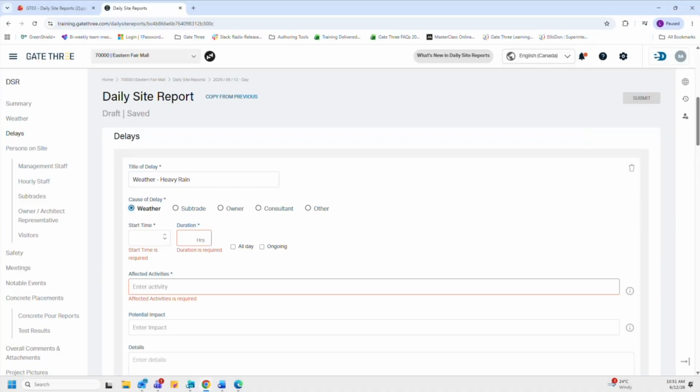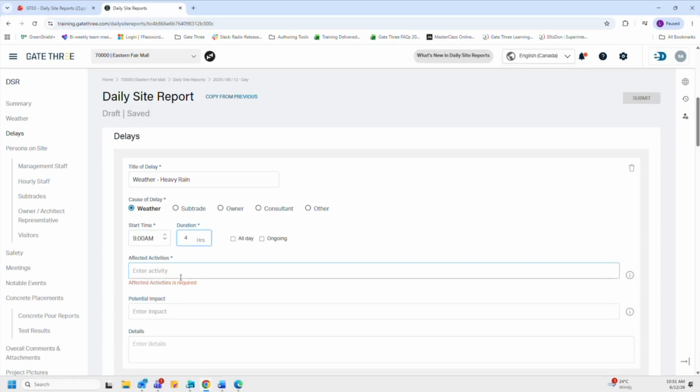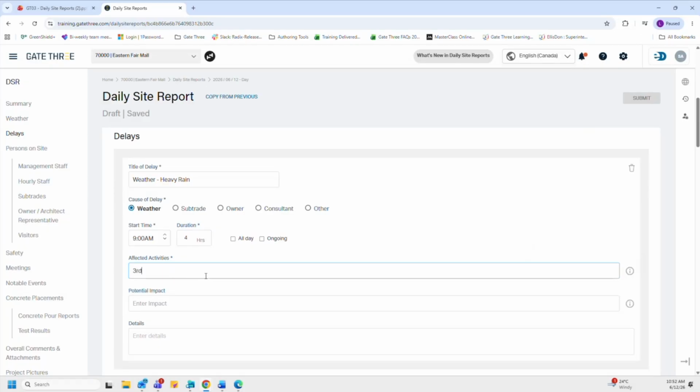And then I need to indicate the duration of the delay by specifying the start time and duration, or if this is going to be an all-day delay or an ongoing delay. So let's go ahead and enter the start time of 9 a.m. and indicate that this lasted for about 4 hours. And then for affected activities, I will indicate what activities were impacted by this delay. I also have a tooltip here to guide my entry for this section. So say we can type in something like third floor concrete